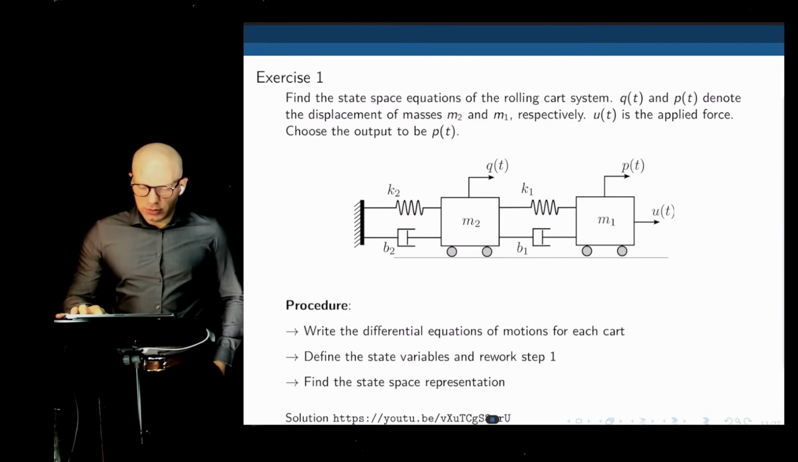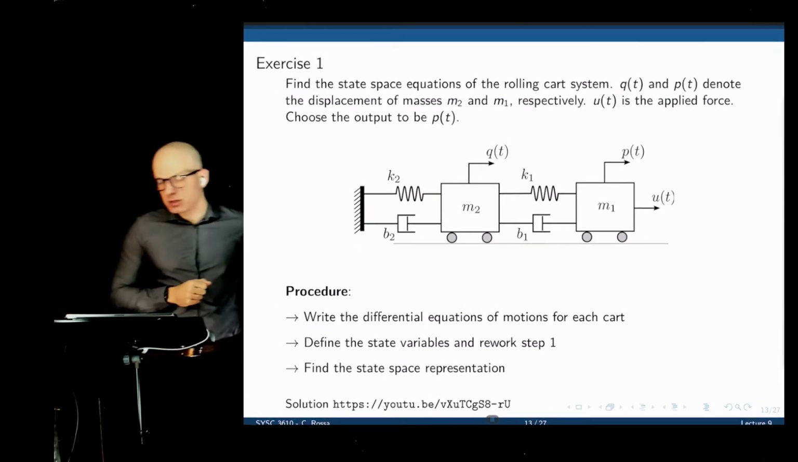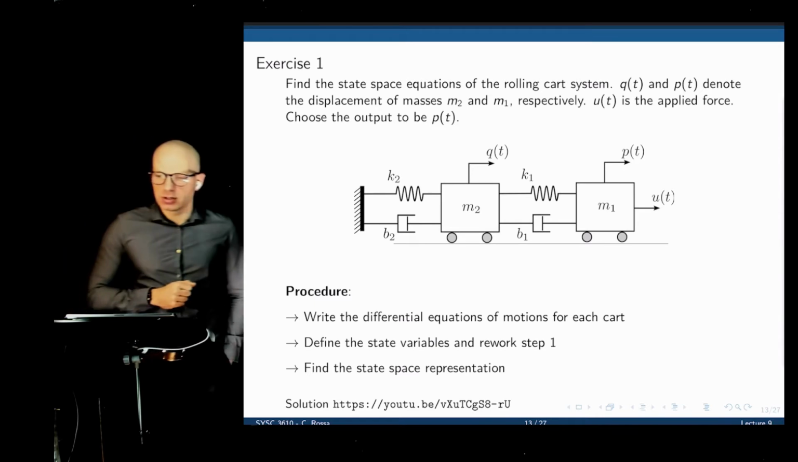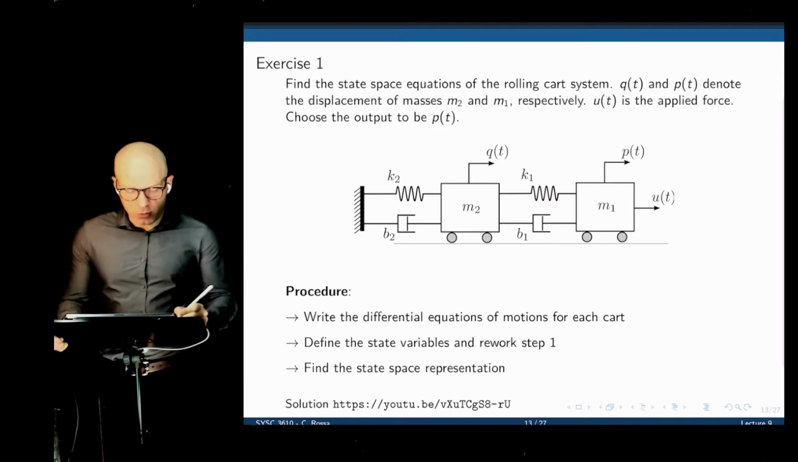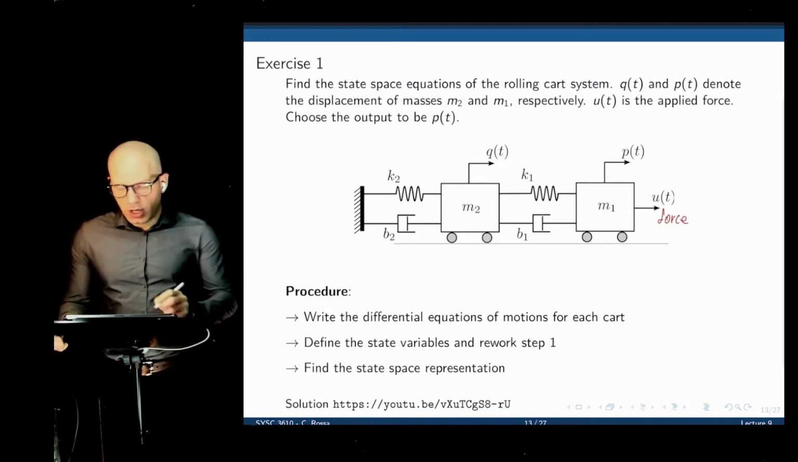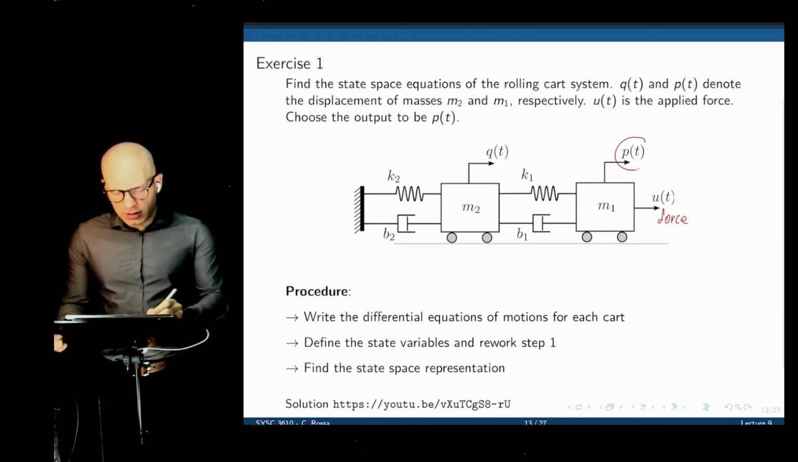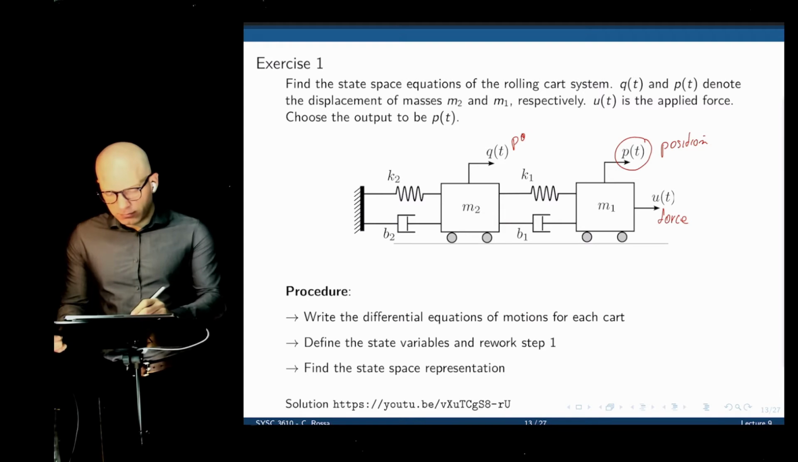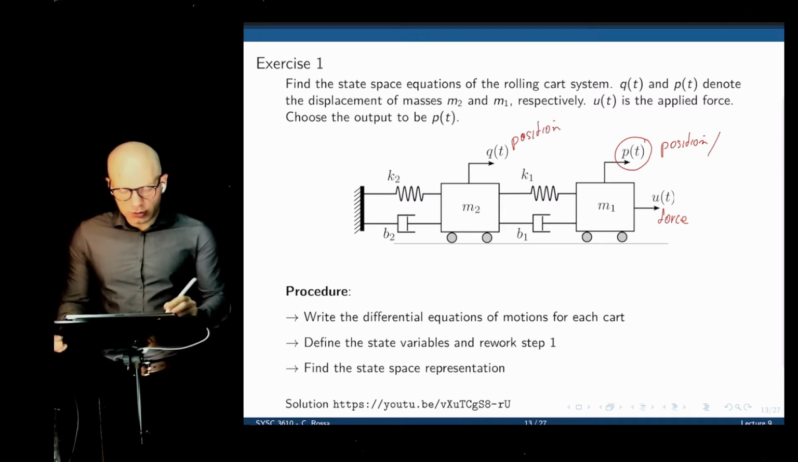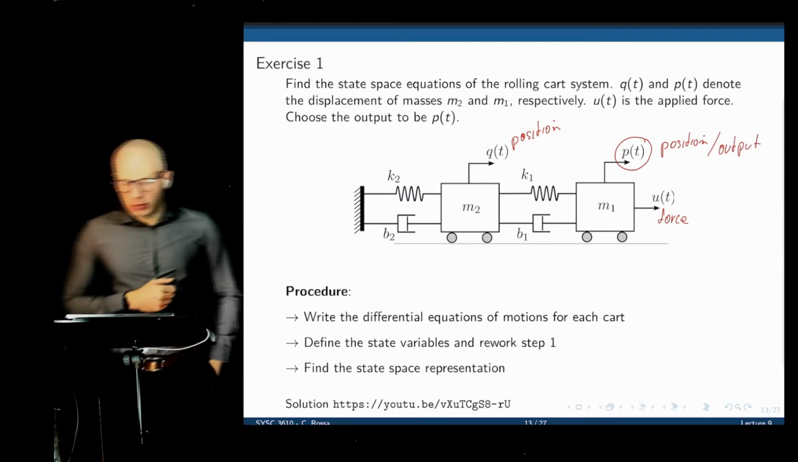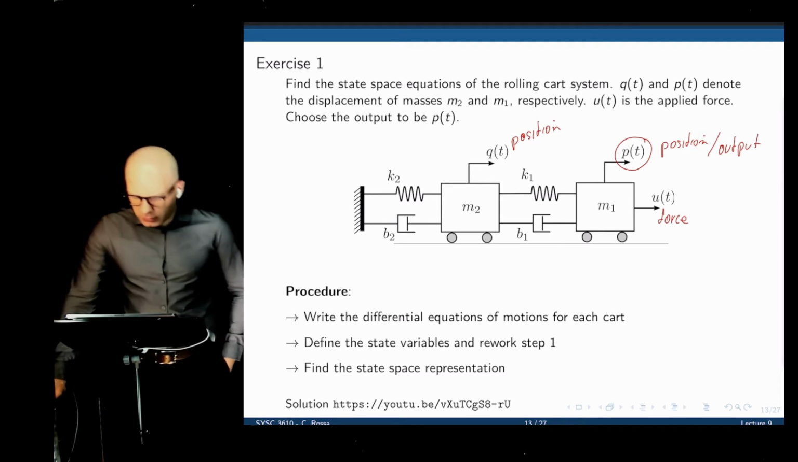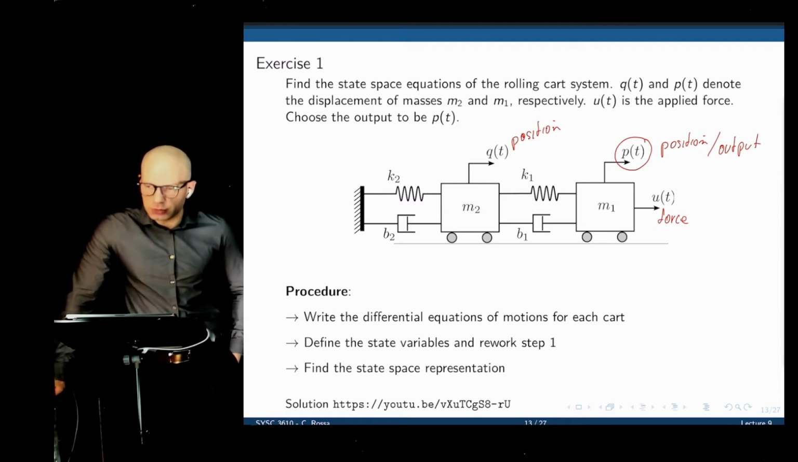So let's do this one. Let's do exercise 1. We have a system here with 2 masses connected by springs and dampers. We have 1 input, that's U of t, that's the force applied to mass m1. And we have 1 output that we define to be P of t, that is the position of this mass. And then the position of the other mass is Q of t. This one we chose to be the output as well. Now we want to calculate the